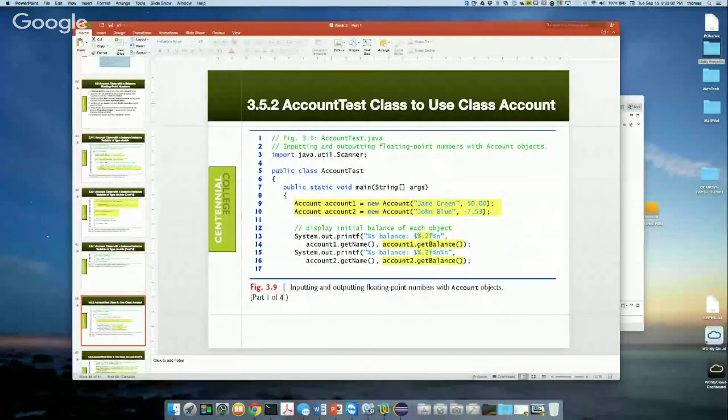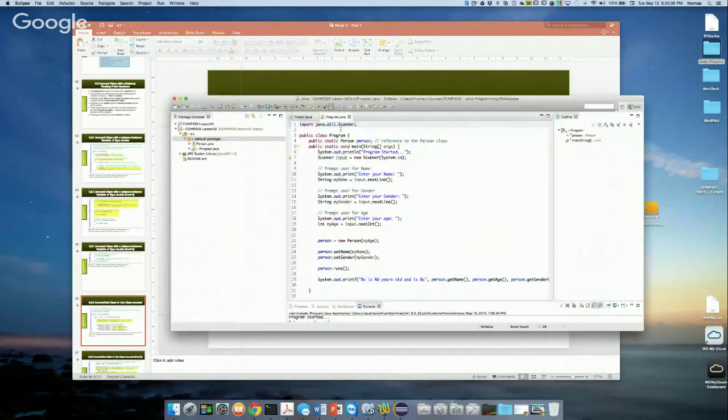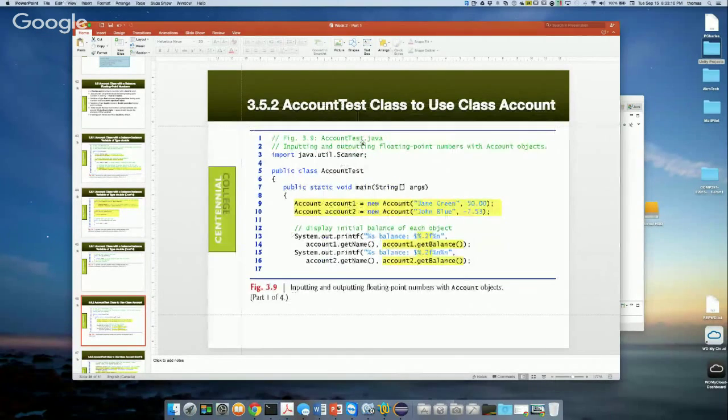So here's the AccountTest class. This would be like our program class in Eclipse, our program class to test the Account class. So this is the AccountTest class, that's what they call it, the driver class again. And what this does is it creates 2 new objects, and then it prints out,